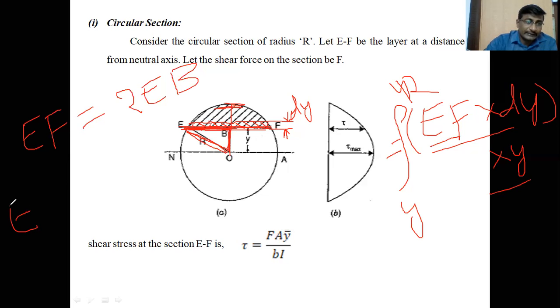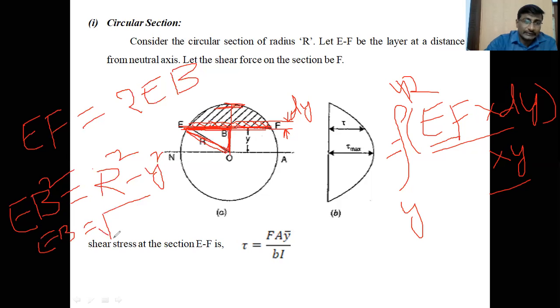Otherwise, in right angle triangle, one of the side square is equal to hypotenuse square minus another side square. The hypotenuse in the triangle is r square, EO, minus another side square is y square, BO square. So EB can be written as square root of,